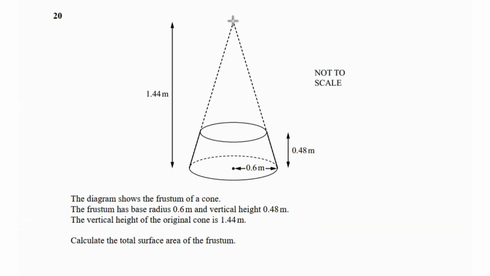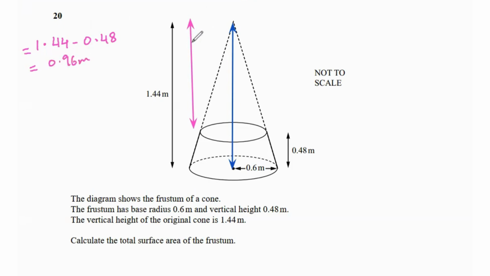So, this complete length is 1.44. This part is going to be the difference of 1.44 and 0.48. So 1.44 minus 0.48, that's going to give us 0.96 meters. So this is that. If you notice, the removed cone has one right angle triangle and the original cone also has one right angle triangle, right? So if we solve those two separately,